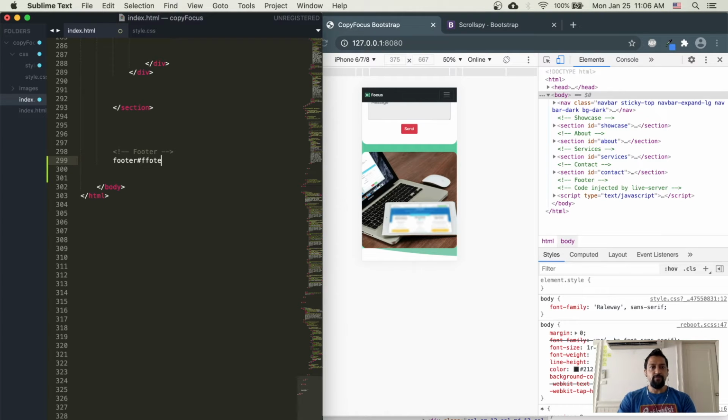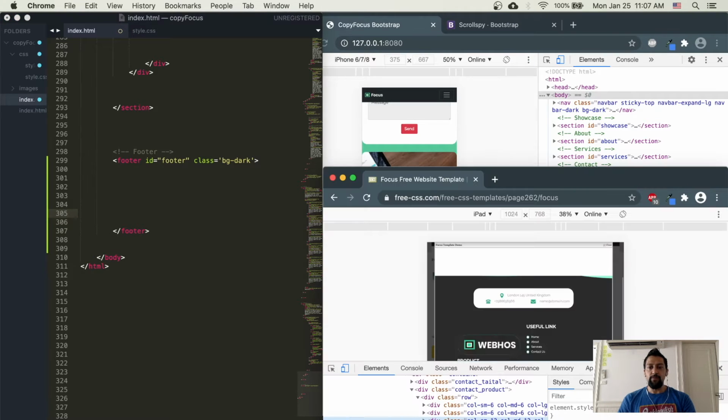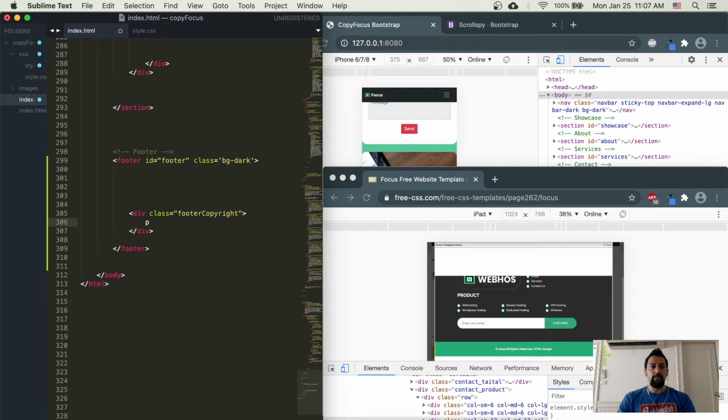footer และจะเพิ่ม class background dark จะไม่เห็นเปลี่ยนไปอะไรเพราะว่ายังไม่มีอะไรข้างในนี้ครับ and in my footer class I'm going to add in the bottom copyright information here down below so let's get this section taken care of and so we'll do a div and we'll do our copyright and we'll change that up footer copyright และข้างในนี้จะแค่เขียนว่า p tag and we'll have an ampersand symbol copy